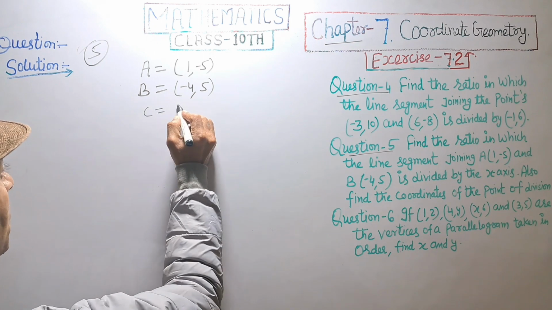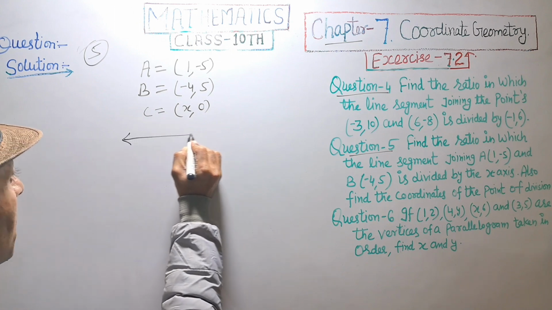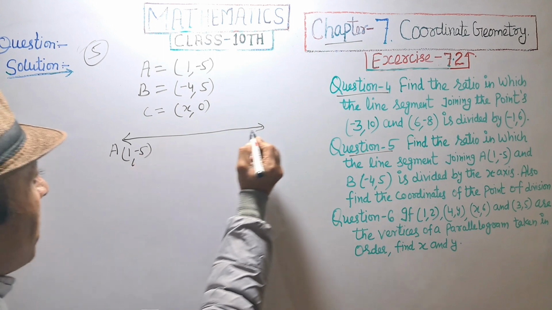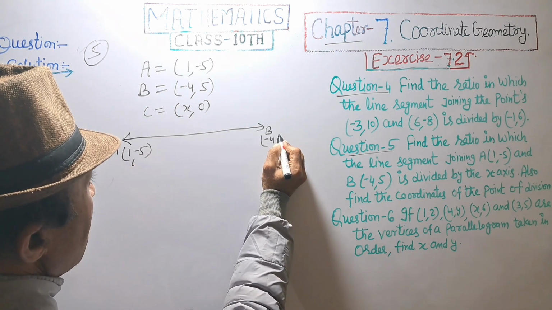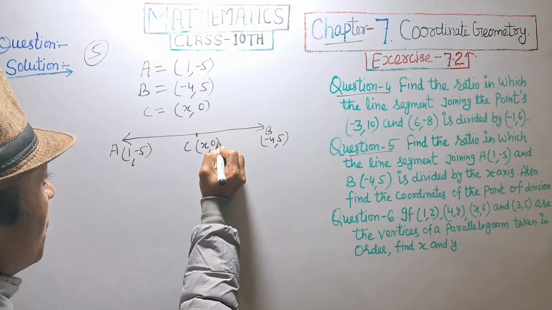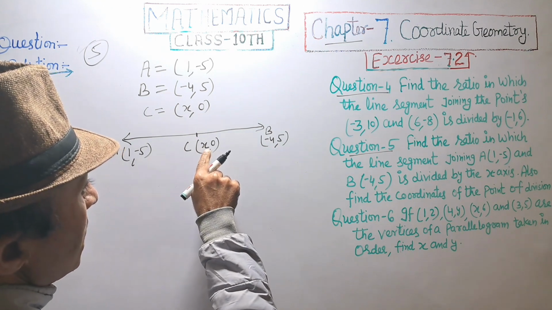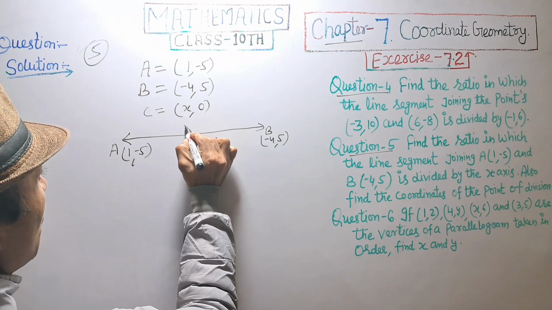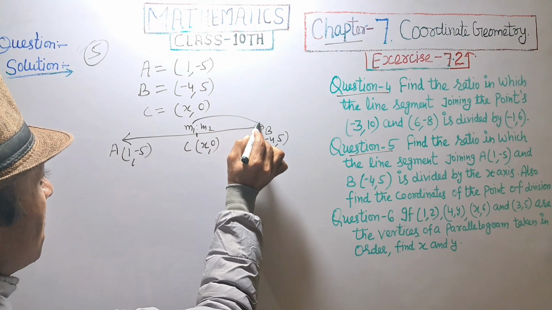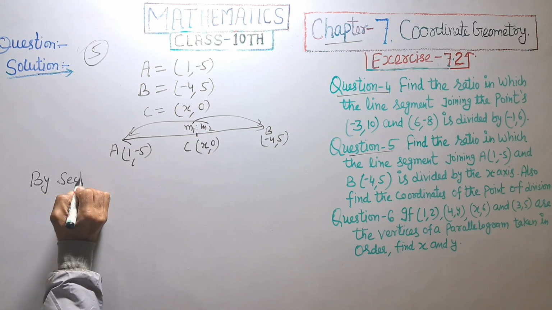So point C is equal to (x, 0). A point is (1, -5), B point is (-4, 5), and it is divided at C point (x, 0). Since it is divided by the x-axis, the y-coordinate is zero. So m1 ratio m2, by section formula,